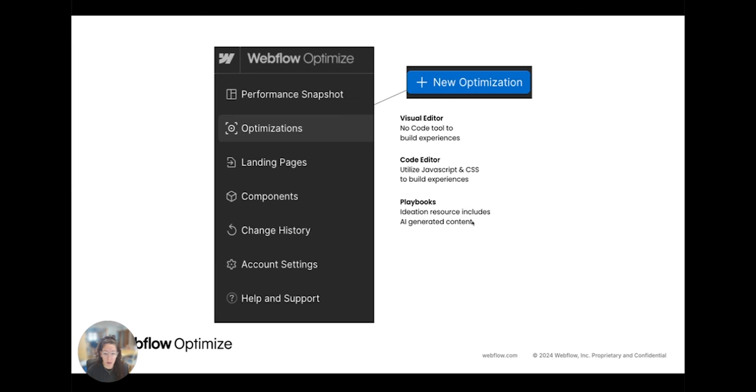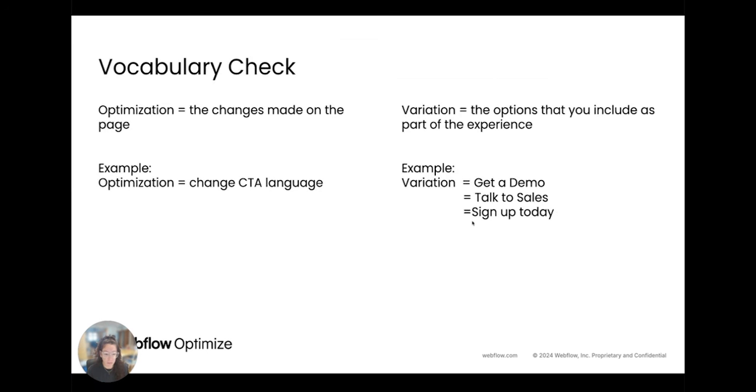The next thing I want to cover quickly before we get into the actual tool is just a vocabulary check. Often I'm going to use the words optimization and variation, and these two are actually nested within each other. When we talk about the changes that you're making on the page, so what are you actually testing? We're going to reference that as an optimization. An example might be that you're changing CTA language. So if I'm running an optimization in my hero section of my website and I want to change CTA, that's